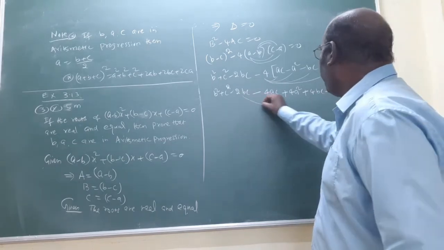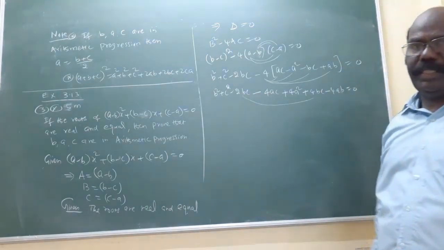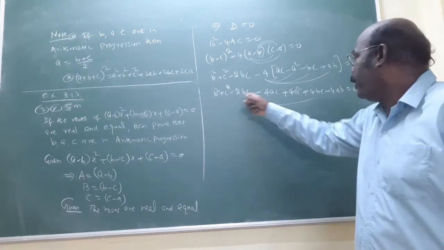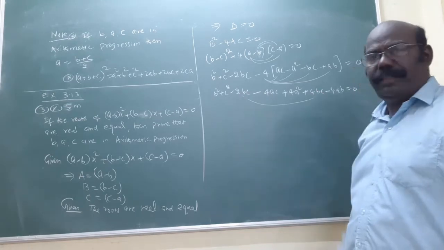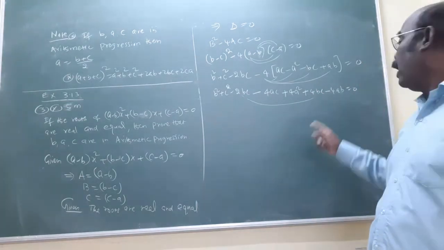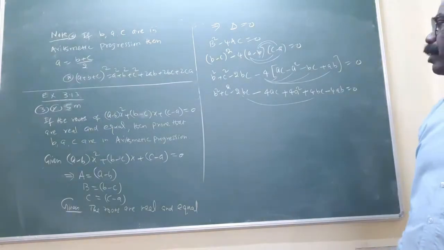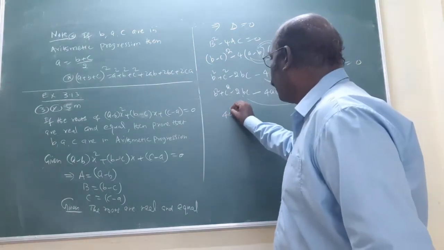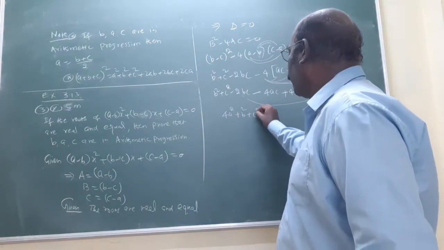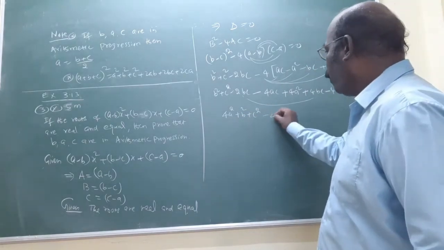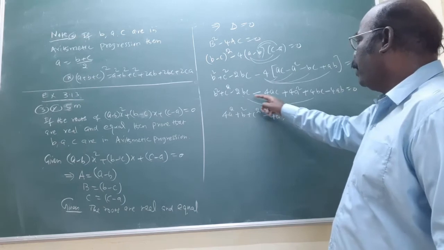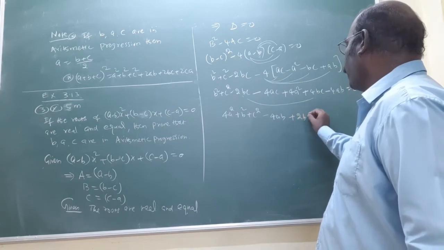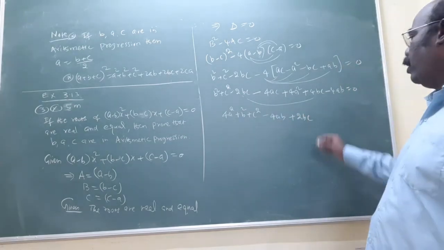Now, these terms are combined together: 4bc minus 2bc. The remaining terms are unlike terms. Like term means the same term, no? Addition and subtraction is not possible for unlike terms. That's why you want to write in order. First 4a square plus b square plus c square, then the ab term, minus 4ab. Then the bc term, combine these two: 4bc minus 2bc gives plus 2bc. Last one is minus 4ac.